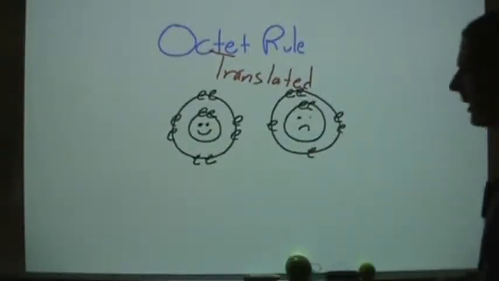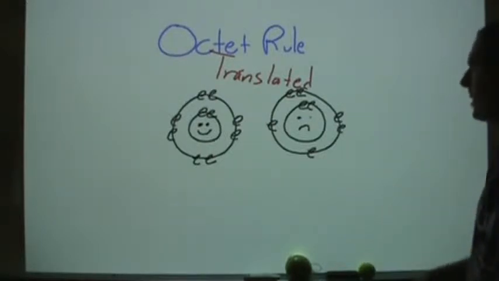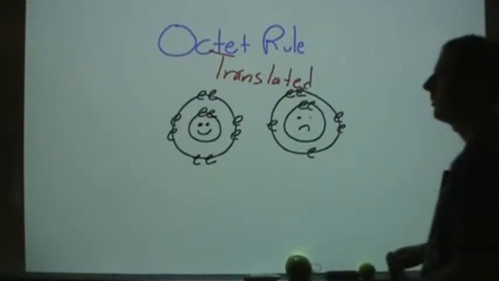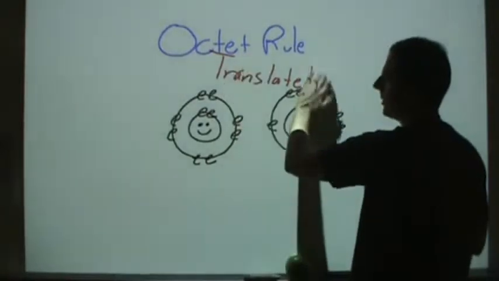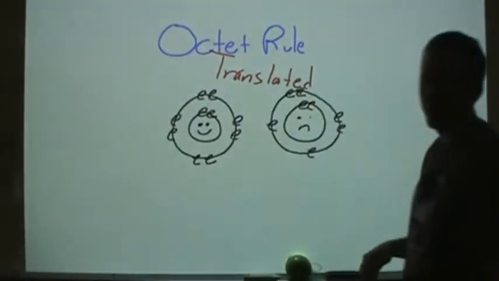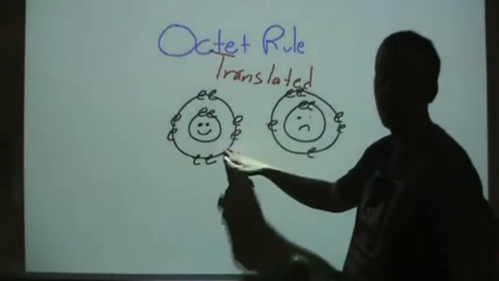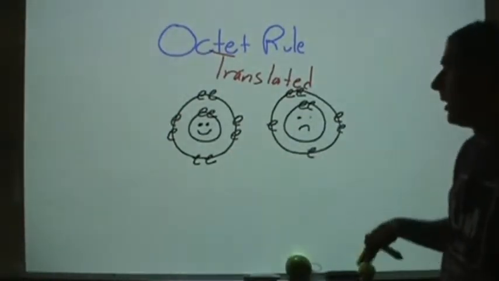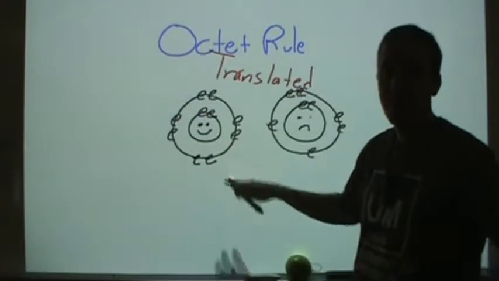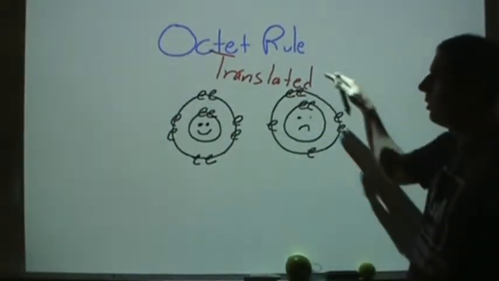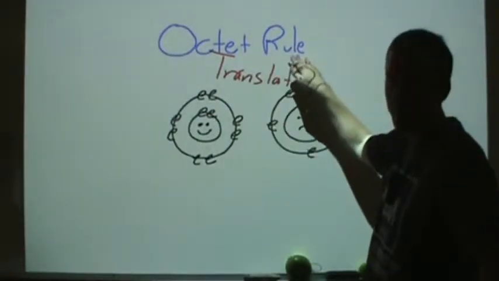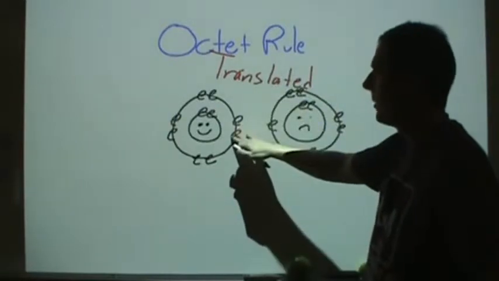The octet rule gets brought up in introductory chemistry, and we keep it when we don't need it. The octet rule says that atoms tend to acquire 8 electrons, and that's a great talking point for teachers to start off with because it's very simple. There usually is a lack of purpose behind that, so what I want to do today is go through and show you why the octet rule is what it is, and why the exceptions are what they are, and how